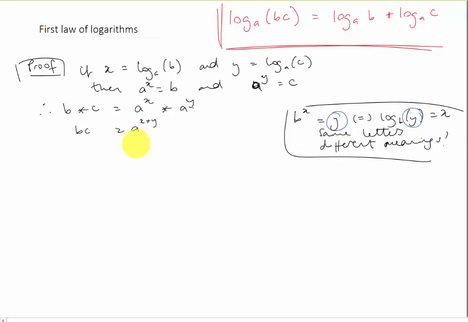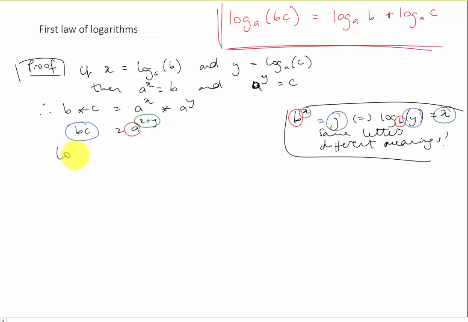And what's our y equivalent to in this expression here? That's our bc. Okay, and now let's circle our base in red, b. And here, what's our base? We're calling it A. And finally, our x value here. So in this expression, we're calling that x plus y. Okay, so now we can